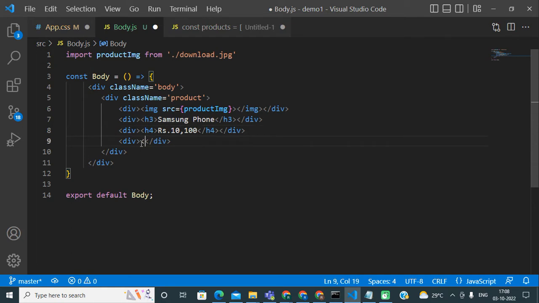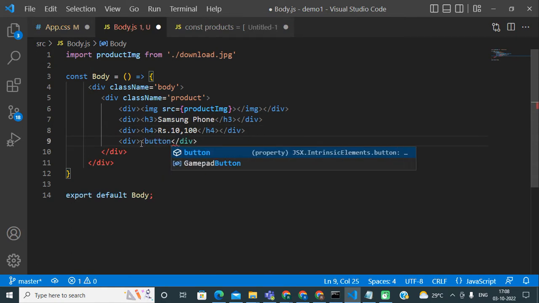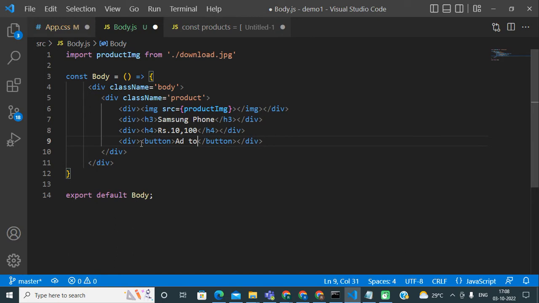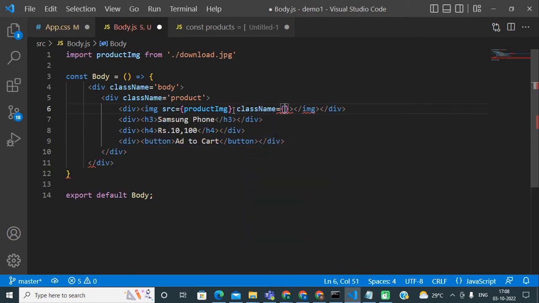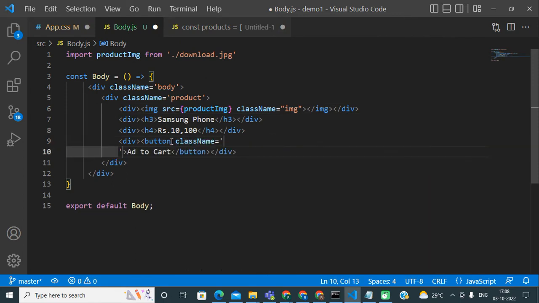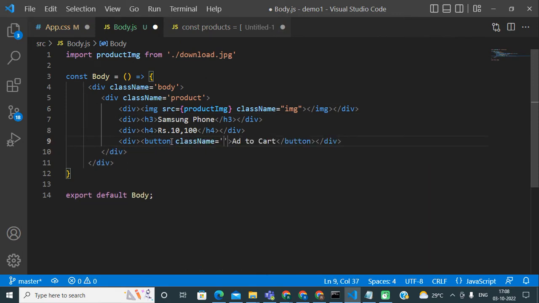Here I will need one button, so that on click of this button the user should be able to add that product into their cart. I will need some CSS classes here as well. For the image, I will call it img, and again I will need one CSS class for this button. I am giving it the CSS class name btn.